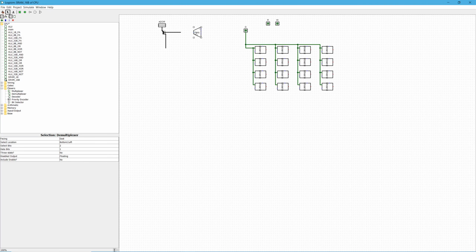Or what's the top side? Select location is the bottom left. Oh, okay. That's fine, I suppose. Oh, sorry. I actually do need a decoder. I think. Methinks I need a decoder. Yes. Select bits of 2. Then include enable now. Yeah, this is what I wanted. Okay, my bad. There we go. We have a decoder